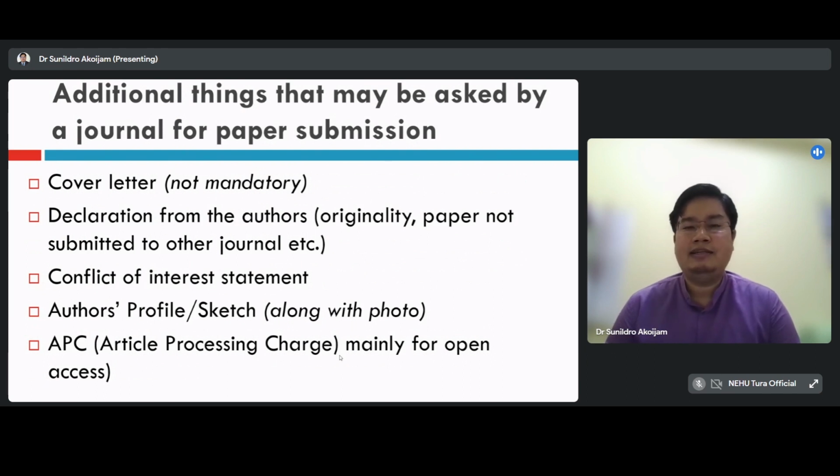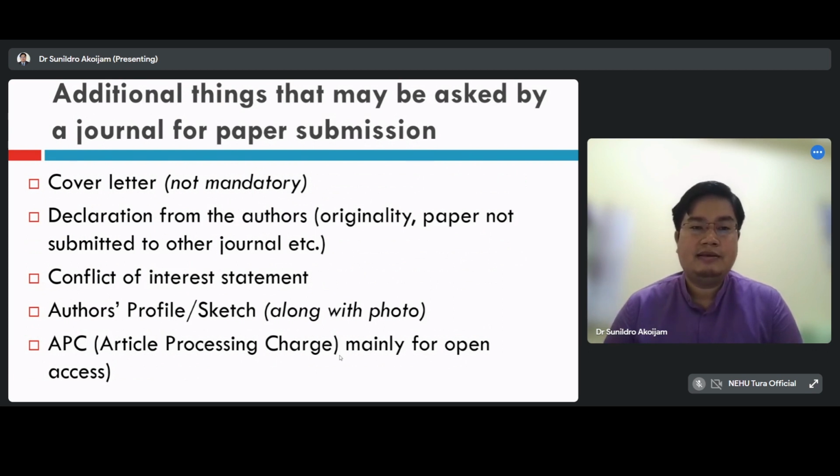And cover letter is hardly 2-3 lines, a kind of letter through which you are communicating to the editor that, okay, you are submitting a paper entitled this in the esteemed journal, and then maybe one or two more lines from your end. That is the cover letter. It is not mandatory, but if you include it,